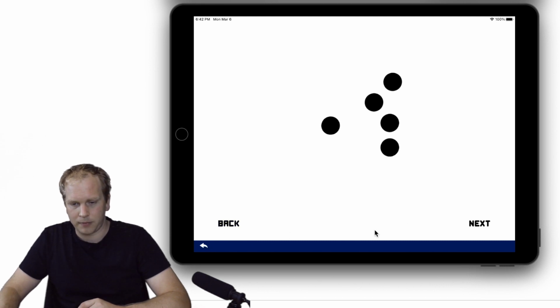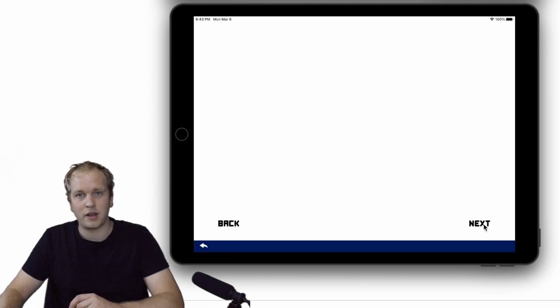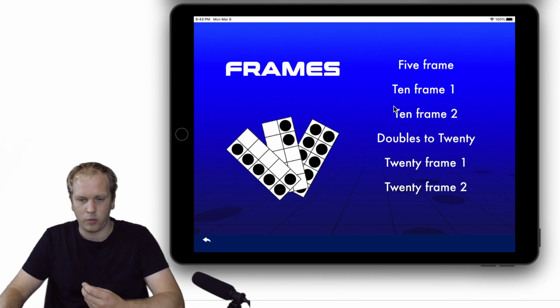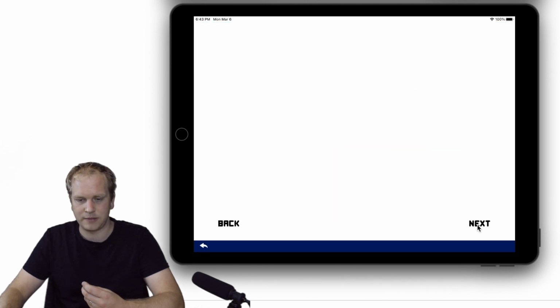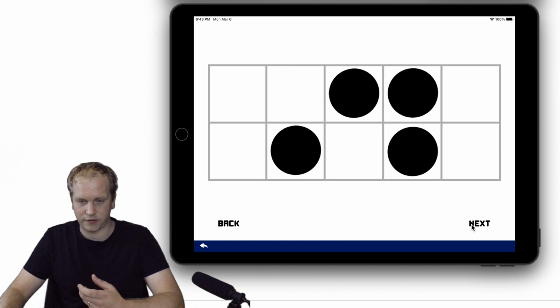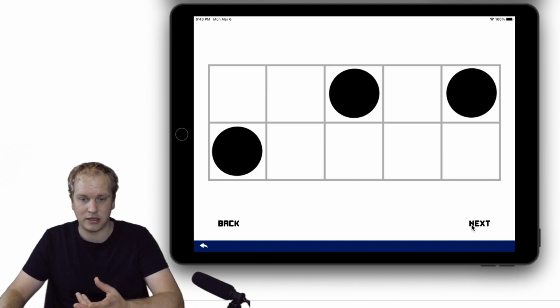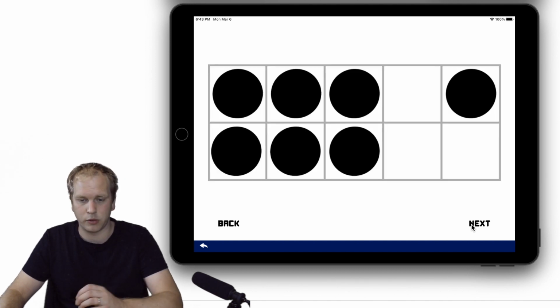So let's just go back again for an example, and let's have a look at the frames. We can start as simple as 5 frames with all the different combinations up to 5, and then once our students are super strong with that, we can move into tens frames. And you'll notice that these particular tens frames have that structure where it slowly moves across. But then if I go back down to here, we've got tens frames, but now they're slightly more random. So you're still having to partition those numbers potentially 2 or 3 times to then pull the collection together.